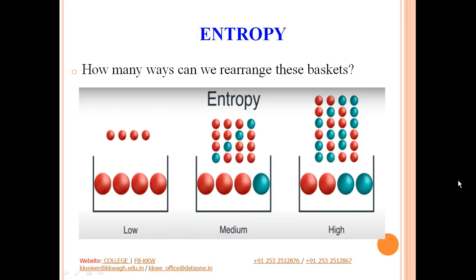Now depending on the kinds of balls available in each basket, what is the probability of picking a particular ball, or how much information do we have about the ball that we pick? Certainly in the case of the first basket we know that the ball we are picking is a red one. In the second case we are not sure because you have one blue ball, and in the third case you are even less sure because you have 2 blue and 2 red balls. So this is about rearranging the baskets.